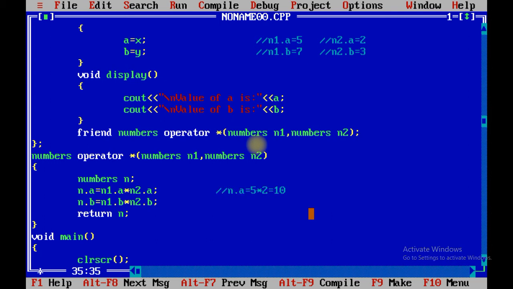Similarly, n dot b contains, what is the value of n1 dot b? n1 dot b contains 7. So 7 multiplied by n2 dot b, which contains 3. So 7 multiplied by 3, that is 21.